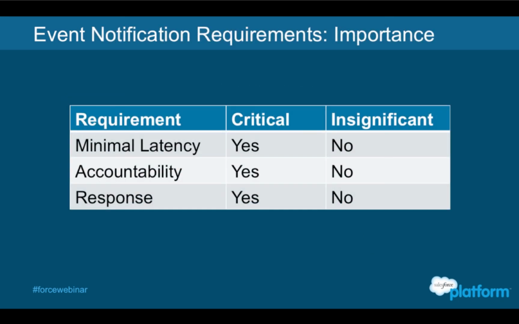So if you consider event importance, here are some notification requirements that might surface from that consideration. When an event is critical, you probably want the notification to happen very quickly. You track who got notified and who responded. But if the event, on the other hand, is insignificant, well, maybe the notification requirements are probably completely different. So this is a really simple but effective demonstration of how important it is to discover this type of stuff